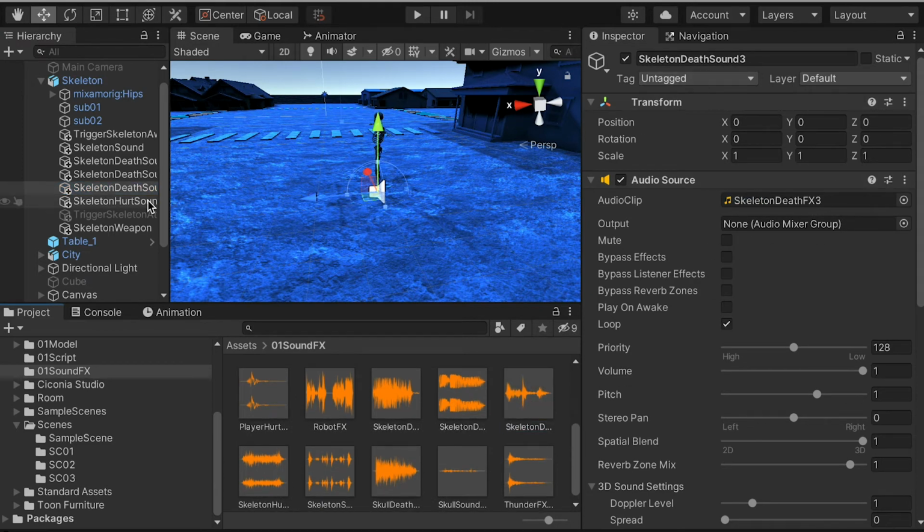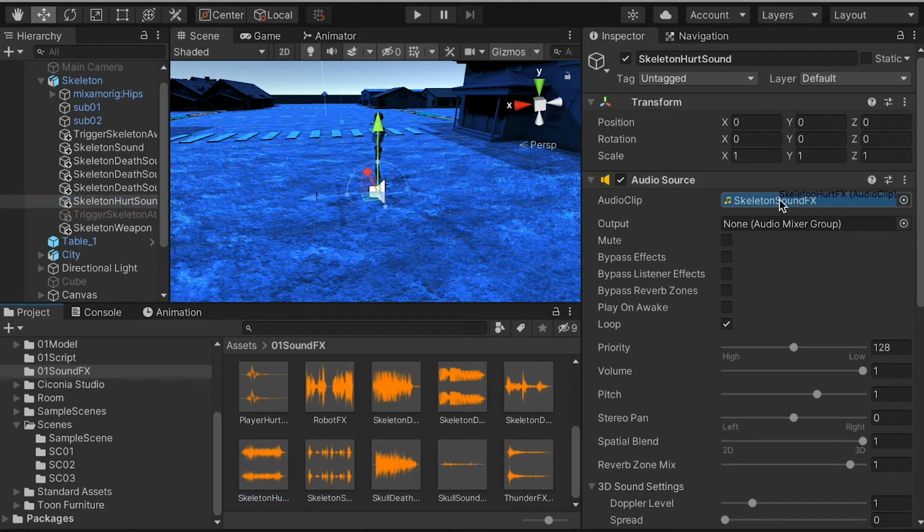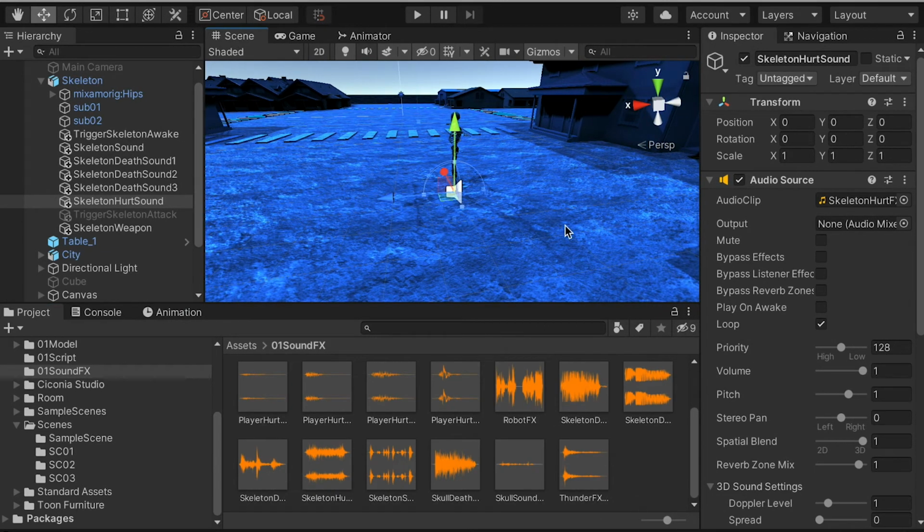Alright, and the hurt sound I will drop in the skeleton hurt. Okay, and then what I want you to do is select all these 4 objects. I want you to check off loop and also check off play on awake, because for all these 4 objects I don't want it to play on awake, so only the sound will play when it is called by the